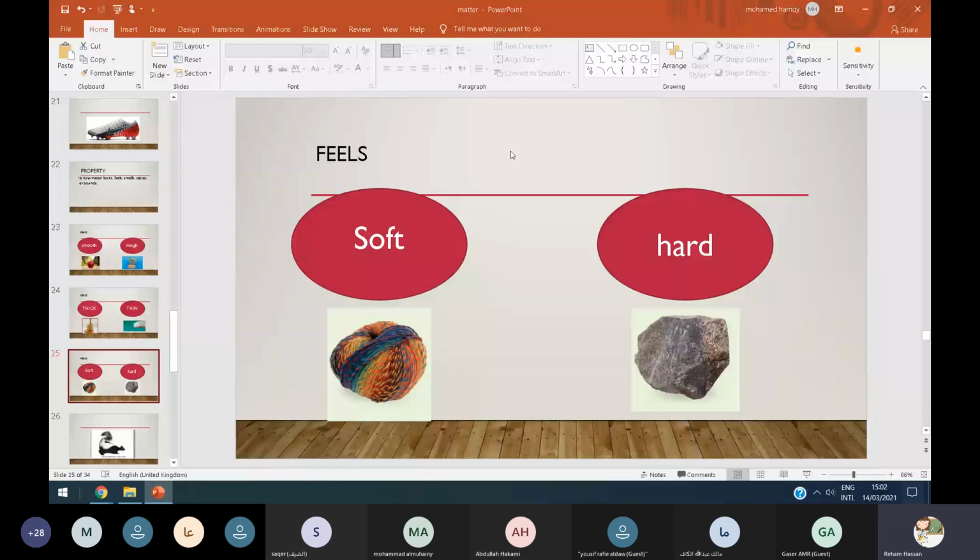Okay, Muhammad Hilal. Yes, honey. Can you give me one example of the matter around you? This rock is hard. Okay, but give me one example around you. Look around and give me one example of the matter. Now you sit on the chair.